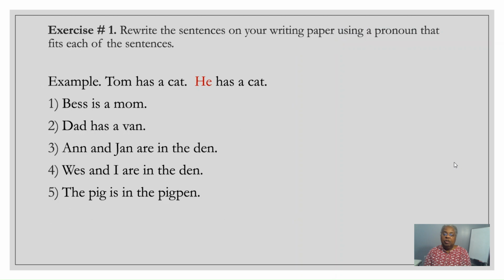we have learned within this lesson. Exercise 1. Rewrite the sentences on your writing paper using a pronoun that fits each of the sentences. Please use the subject pronoun that usually coincides with the same number, gender, and person as the noun for which it stands. Example: